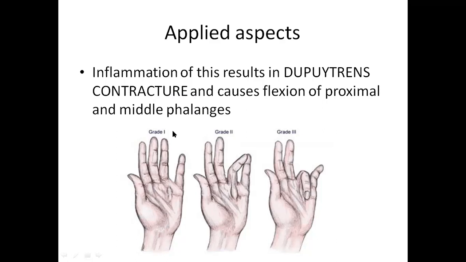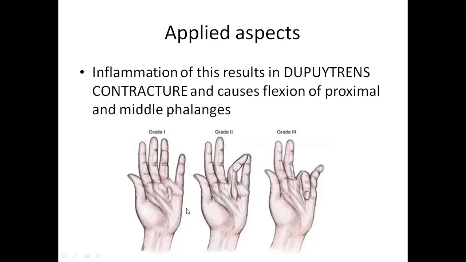Initially, you can see in grade 1, we don't find much change, only you will see the thickening in the palmar region. See, let me tell you, this is the proximal phalanx, this is the middle phalanx, and this is the distal phalanx. Similarly for the second, third, fourth digit, but for the first digit you have only two phalangeal bones. This is the proximal phalanx and this is the distal phalanx.